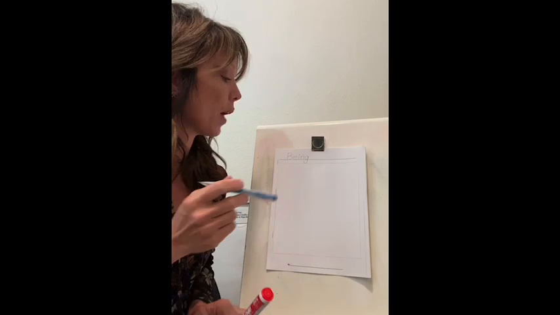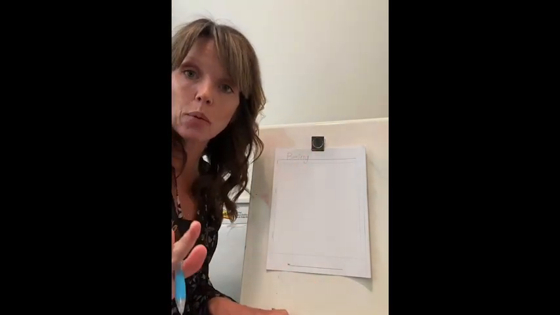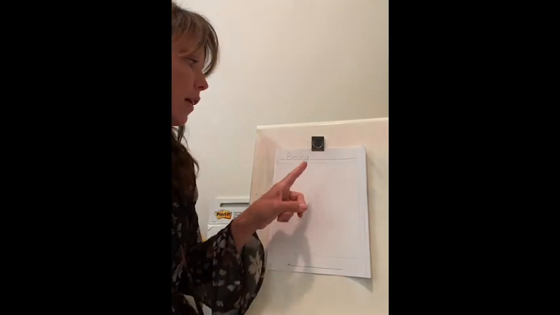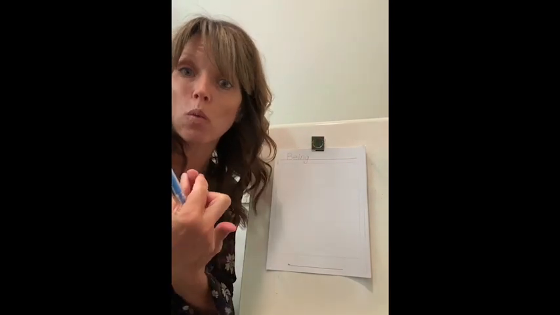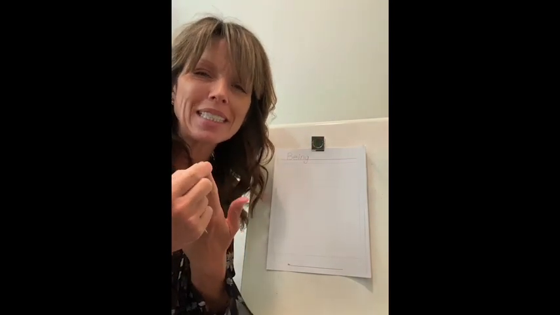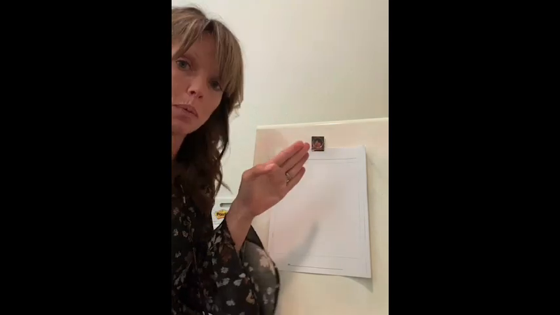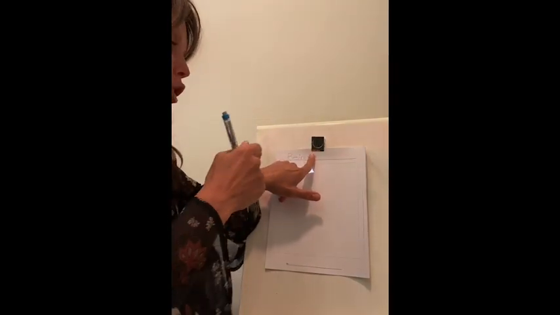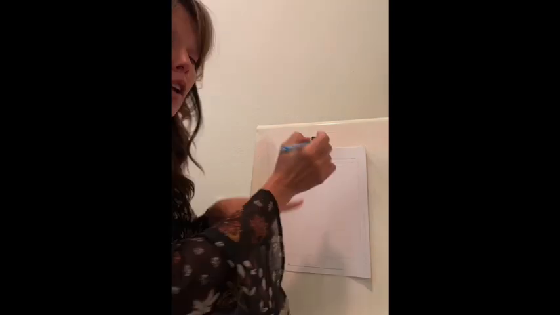Okay, so we have being as our first word. Now, just like when we write sentences, there has to be a space between being and kind. Now, you guys know that Mrs. Achari uses just one finger to make a space because I have wider fingers than you. If you have little teeny tiny fingers, you might want to use two fingers to make sure that we can see the space between the words, okay? You decide, or you can just use one and kind of move it over a little bit. But I'm just going to use one, and we're going to write our first letter after our finger.